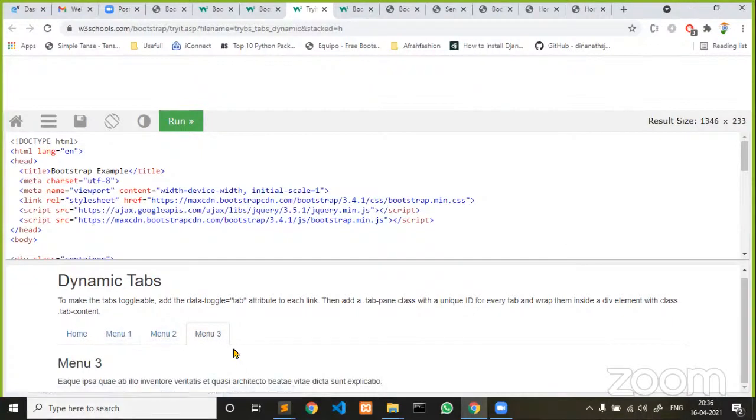Instead of creating separate pages, if you know tabs in one page, the show and hide feature is already there in Bootstrap. This is going to give a lot of benefits. Instead of creating multiple pages, to reduce the page count, even within a page, if you are planning to display a lot of content with respect to different links, these tabs are going to help us a lot.